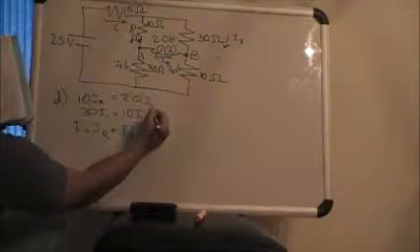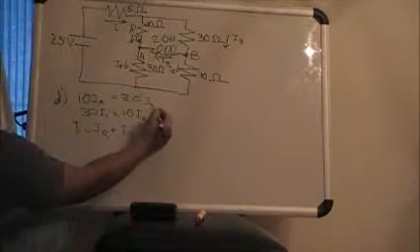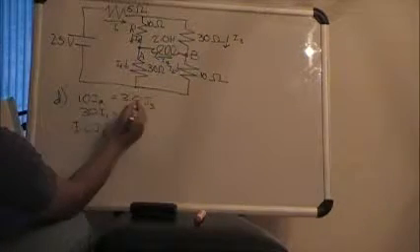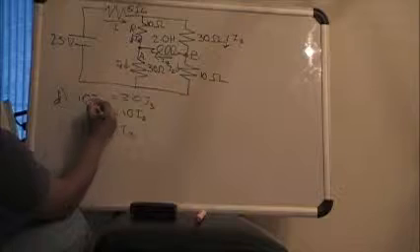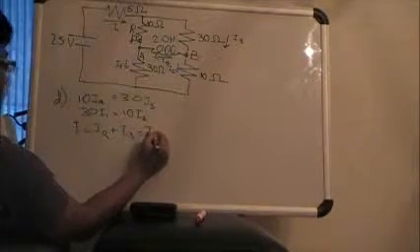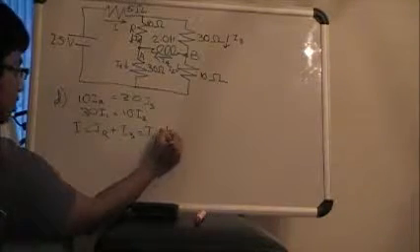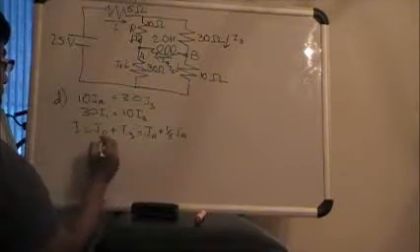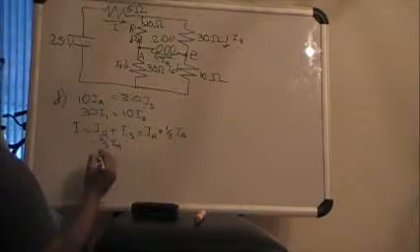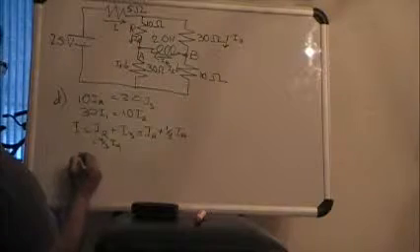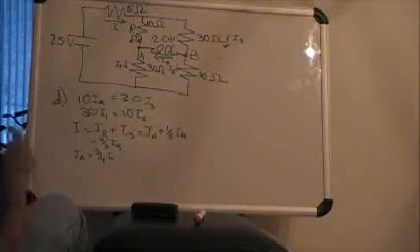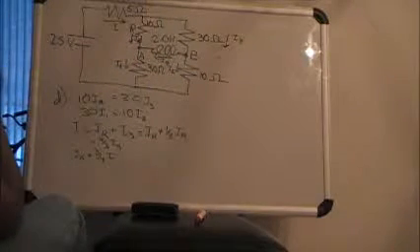Since 10 IR is equal to 30 I3, you know that I3 is equal to 1/3 of IR. So this is equal to IR plus 1/3 IR, and so this is equal to 4/3 IR. So IR is equal to 3/4 of the main current. And to find the main current, we have to